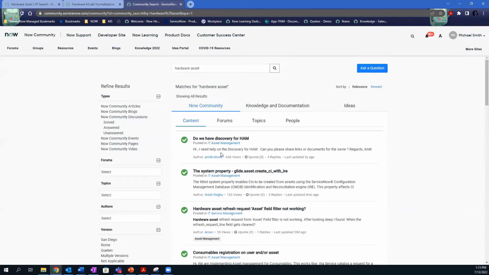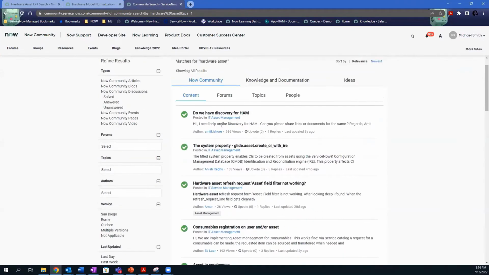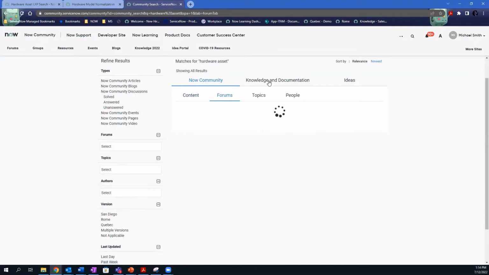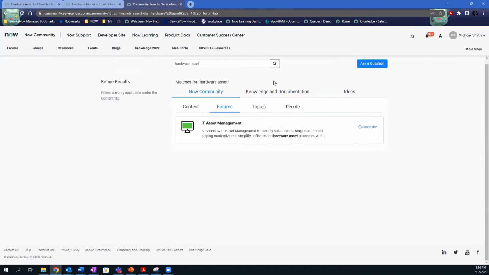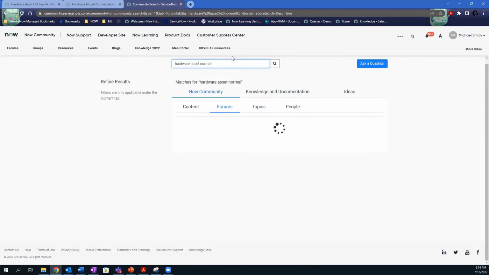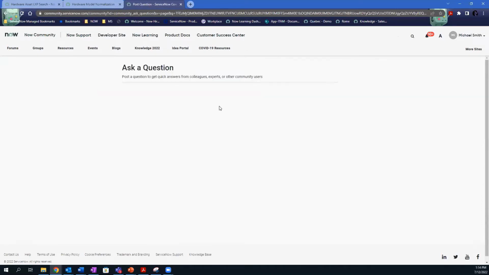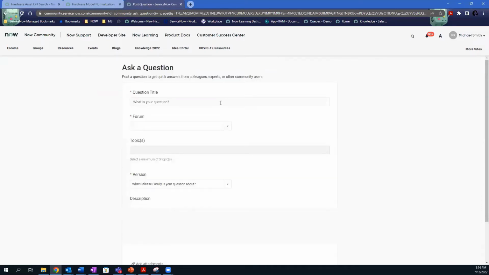And you can see here, this is all the content that's been posted, forums. We have knowledge and documentation. So everything is central here to drill in and find out. So if I want to look into normalization, I could come in here and just, I don't have to type the full word. I can just punch it in. There's no request. So if there's nothing in there, I can ask a question. I can click this and I can tag it and I can post a question,